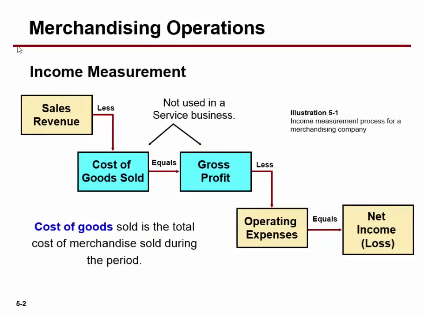What happens with retailers is they're going to have their sales revenue. They will take off their cost of goods sold from that. The difference is gross profit. They'll take off their operating expenses like rent and utilities, costs they have to incur to operate day to day, and then they will have non-operating items. Even though they're not showing it on this slide, we saw it in our little example. For example, interest is the classic example of a non-operating item, revenue if it was interest revenue, expense if it was interest expense, and we derive our net income.